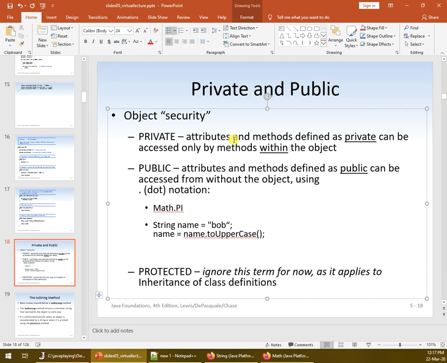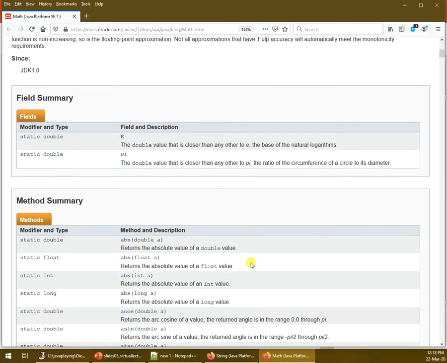Now, it doesn't matter what is private, but it can't be seen from outside. It can't be called from outside. So you can make your whole class definition extremely secure. You can actually have very specific values. The public attributes, public itself means that you can access them. And we've seen some examples of things that are public. For example, the math class has Math.PI, which means PI within the math class must be public so that you can see it. So if we look at the math class itself, we'll go down here,